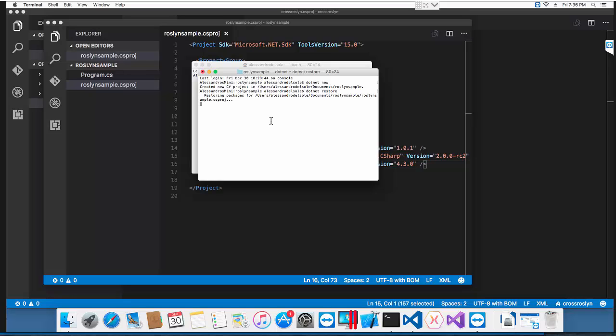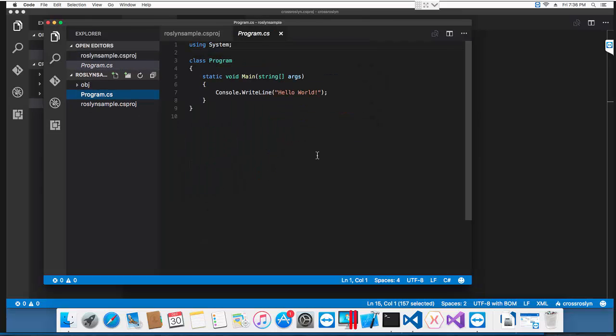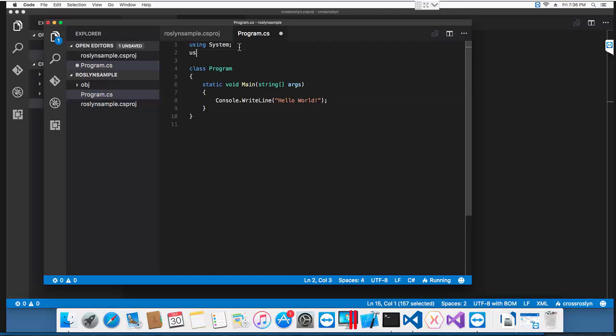The first time you will use the .NET command line on a Mac as well as on a Linux system, the .NET Core SDK will also download additional files it needs to work. Okay, so everything has been downloaded. Then I go to my C# code, and then I can invoke the